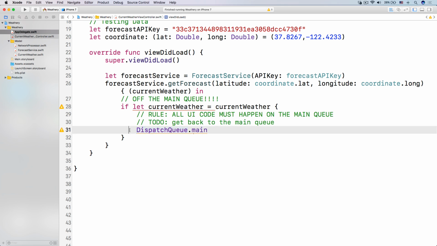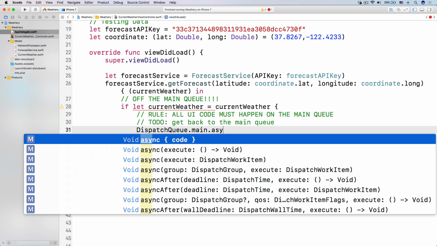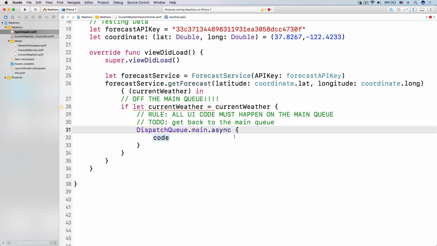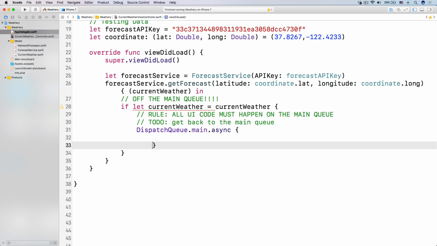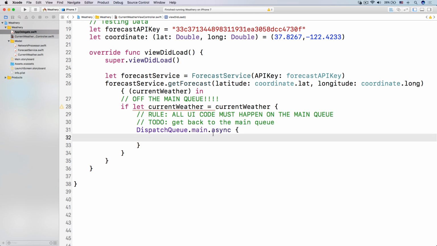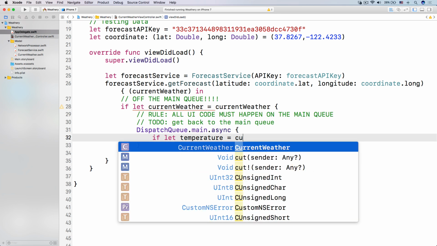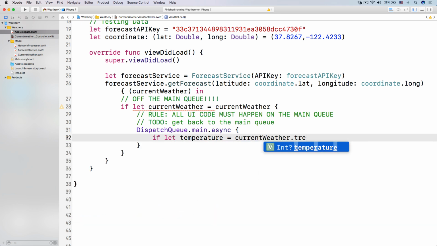So here we say, hey, dispatch queue, get me the main queue, and then async execute this chunk of code. We use the async over here, and then we execute this chunk of code right now. So let's put the code right into this closure. Here, if let temperature equals currentWeather.temperature,